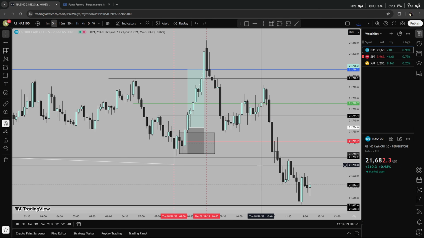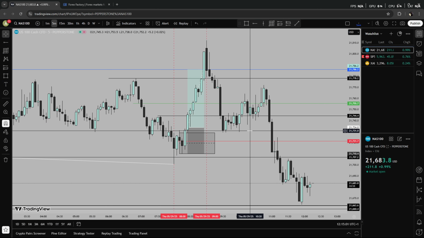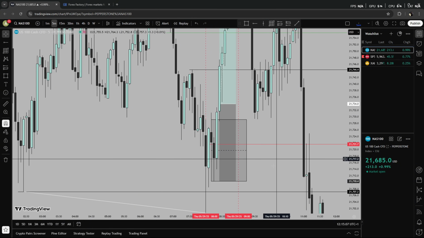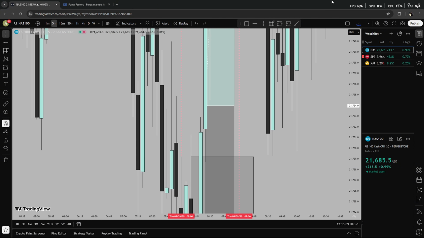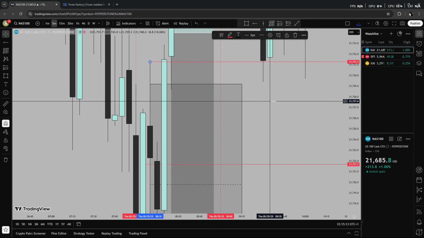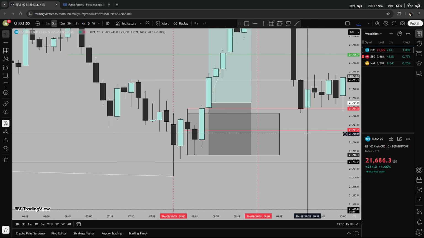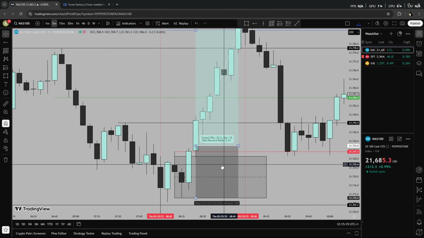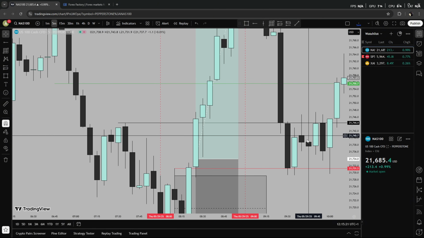Now the 5-minute is literally only for breaker structure. I can still look for my confidences. The confidence I had on the 1-minute today was basically a 5-minute confidence as well, as you guys can see. So we broke structure on the 5-minute here. I'm gonna lift it up a bit because it's a pretty tight breaker structure. If I do that, it's not even obvious. So the 5-minute broke structure right there.